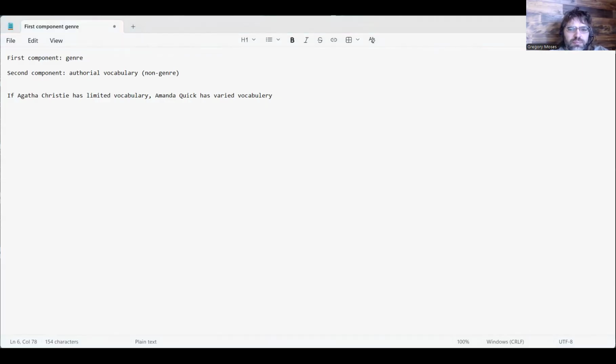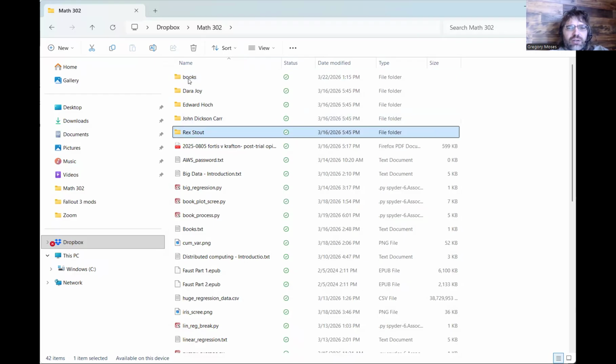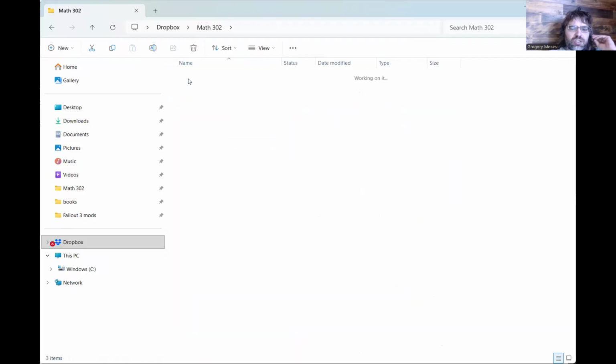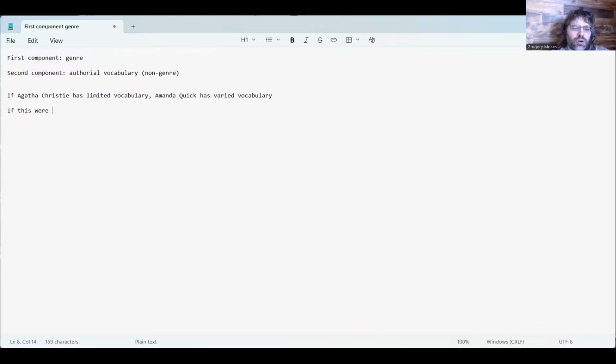Because let's go back to this and let's add Rex Stout into the mix. Rex Stout is an American mystery author. He has an extremely distinctive vocabulary. There are words he loves that Agatha Christie and Amanda Quick don't really use. So if this were sort of